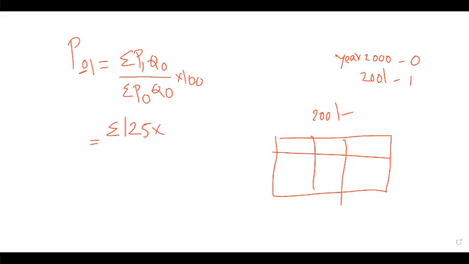Why are we calculating index numbers? To know the variations, to compare. Basically, it's a percentage change. Am I right? Last year it was 5. Today it is 7, which means it increased by 2 rupees. But what is the percentage change? I want to know. In order to find out that percentage change, I am calculating index numbers. Am I right?